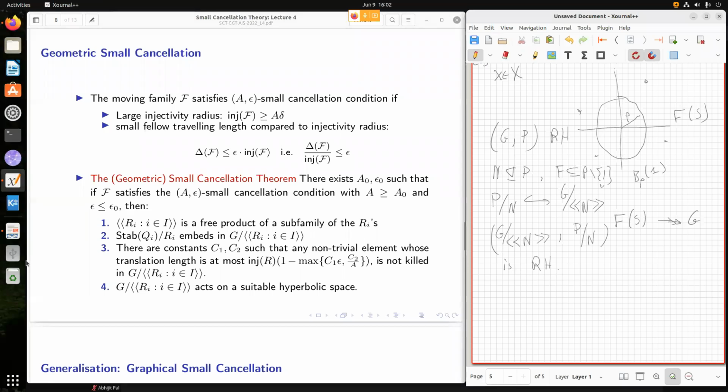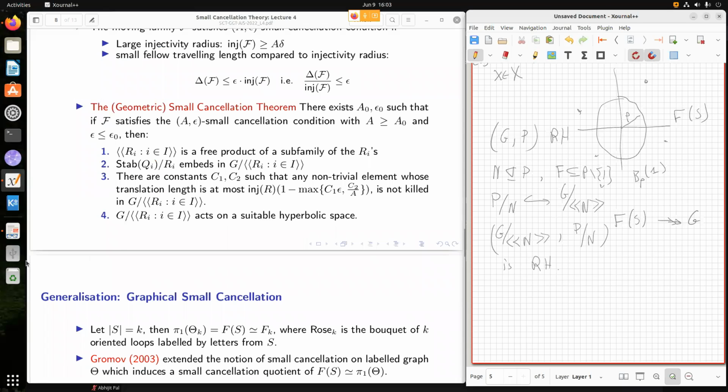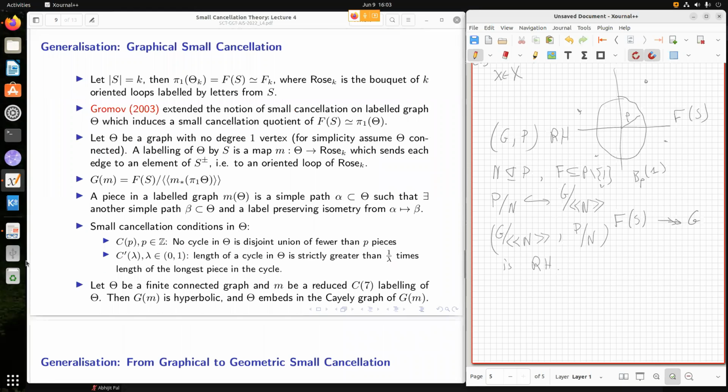Okay. So in geometric small cancellation, we saw under what conditions this theorem states that this family, which we call the moving family, will give us these normal subgroups as free products of some subfamilies, and also the quotient as a hyperbolic group. So now we will move on to another